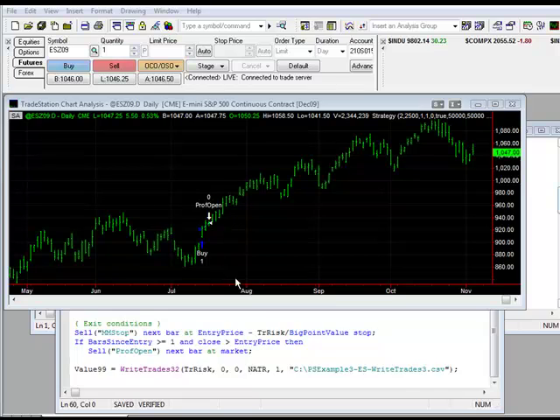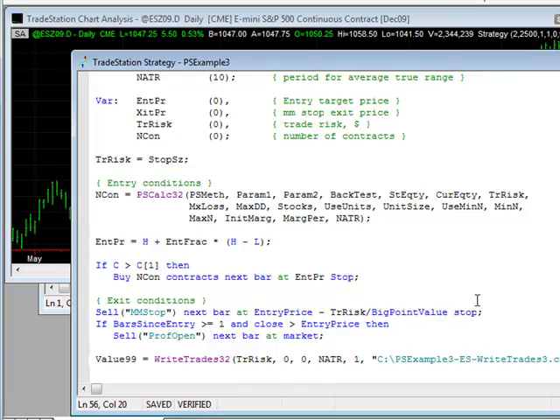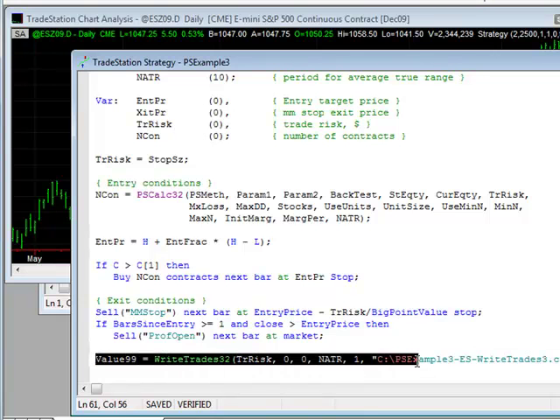This video will demonstrate two different ways to get trade data into Market System Analyzer from the TradeStation trading platform. I've opened a chart of the E-mini S&P daily bars and I've inserted a simple strategy into the chart. I've opened the code for the strategy, and if you look down at the last line of the code, it